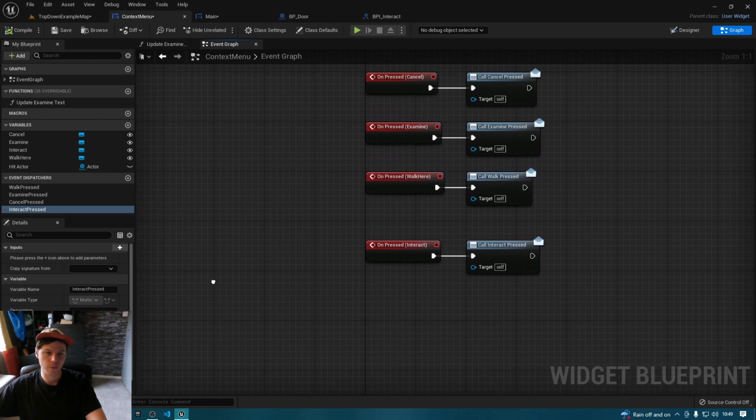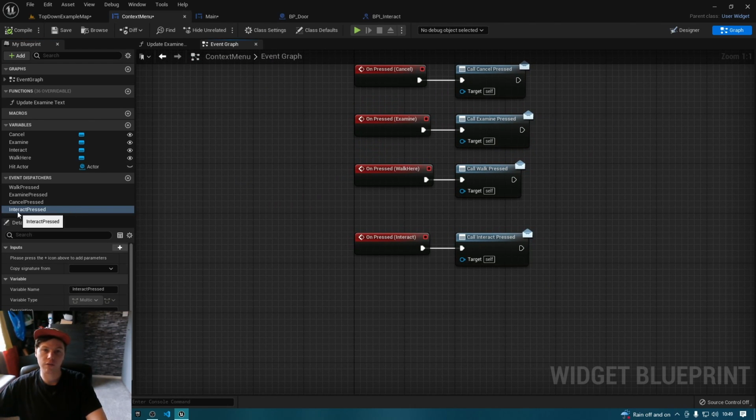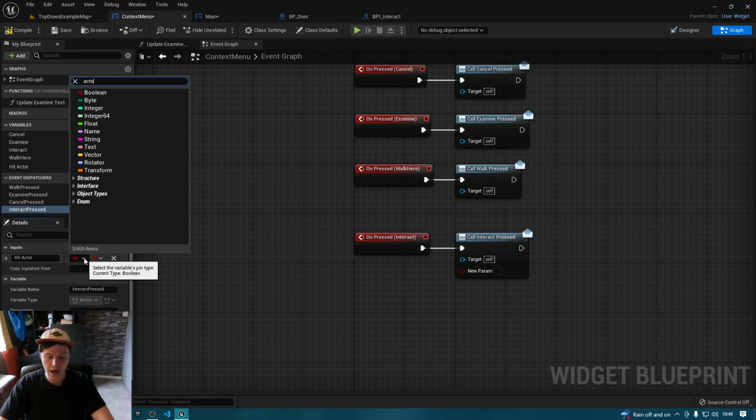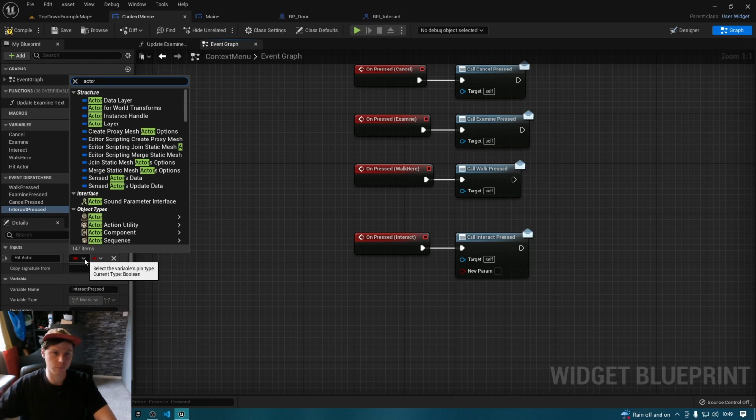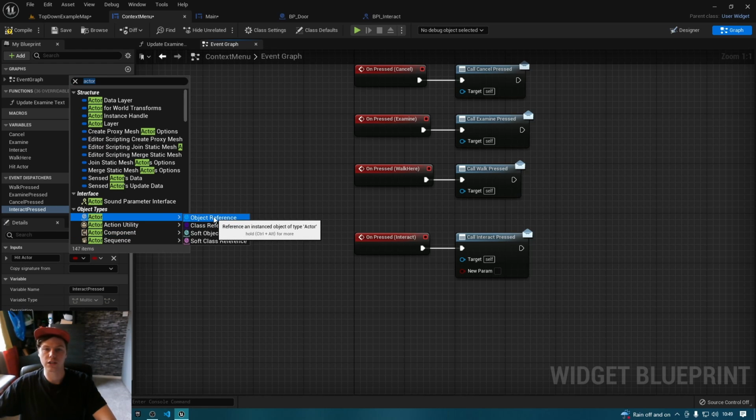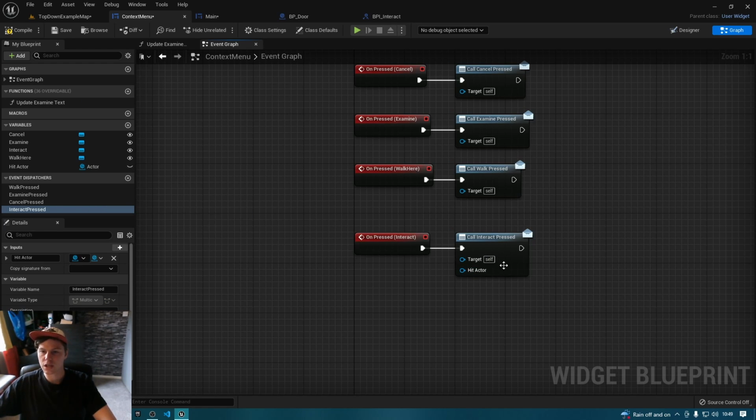So let's go back here. On our interact pressed event dispatcher, you can have an input here. Just press this little plus sign, and we want to put actor, or let's change it to hit actor, and then the actual type wants to be actor. Let's put that. Oh, that didn't change. So actor, select that, and then select object reference. So you can see now that your sort of call interact pressed now has this hit actor. Hit compile,